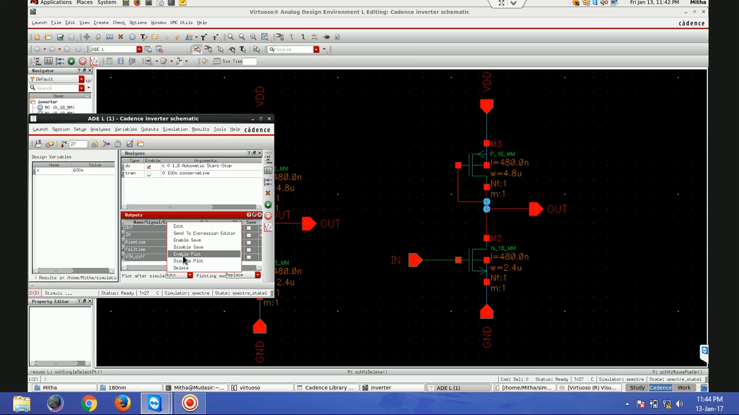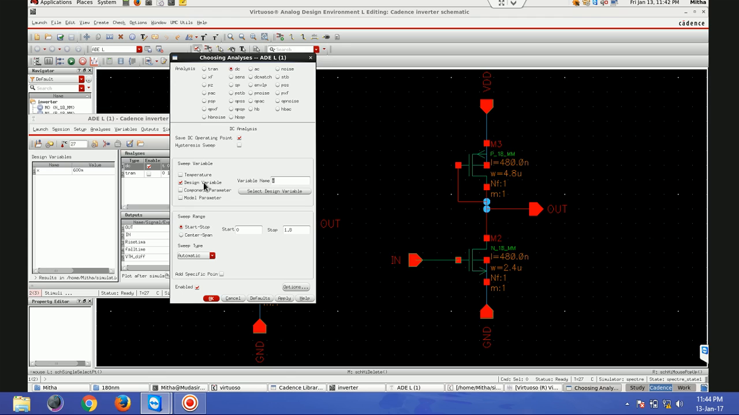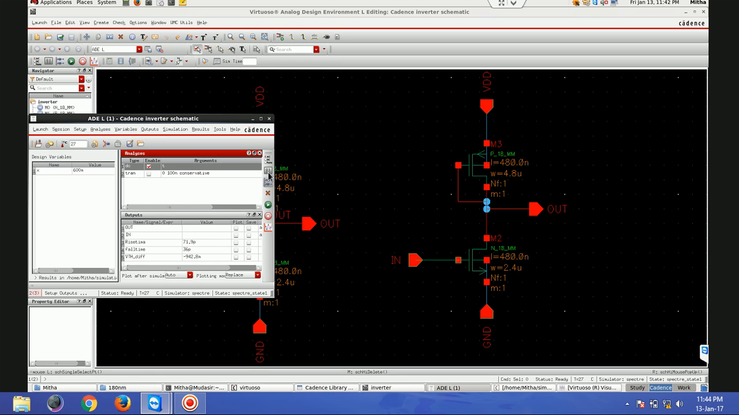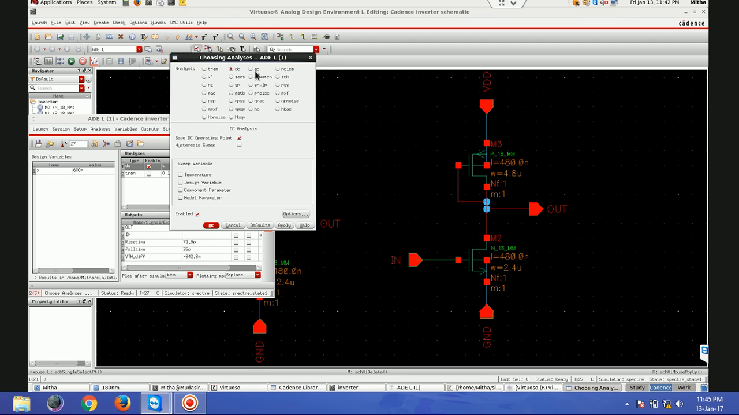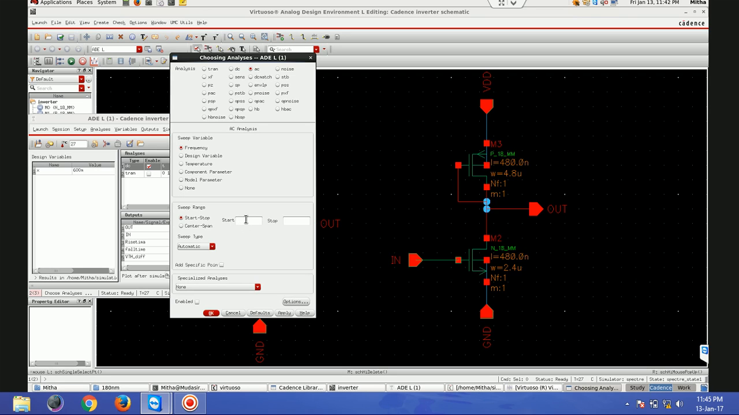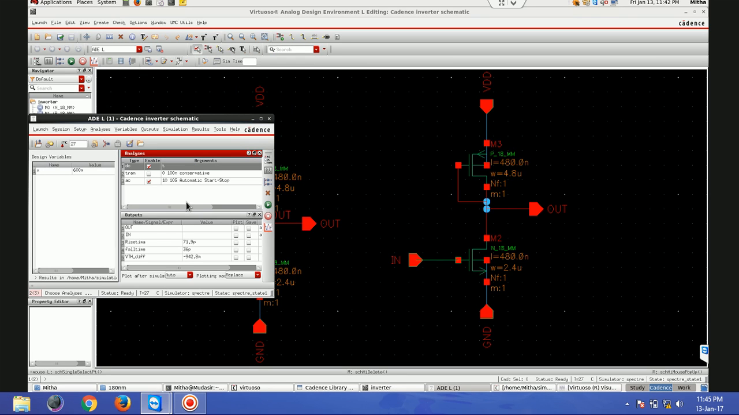I'll select all these, and I'll do disable plot, and this is not required for this, and I'll do AC simulation, AC, and I'll vary the frequency from 10 to 10 gigahertz. It's asking here automatic or linear or logarithmic, since it is okay. By default it will take logarithm because of the range I'm giving. Okay, so this is it, and now if I run this,